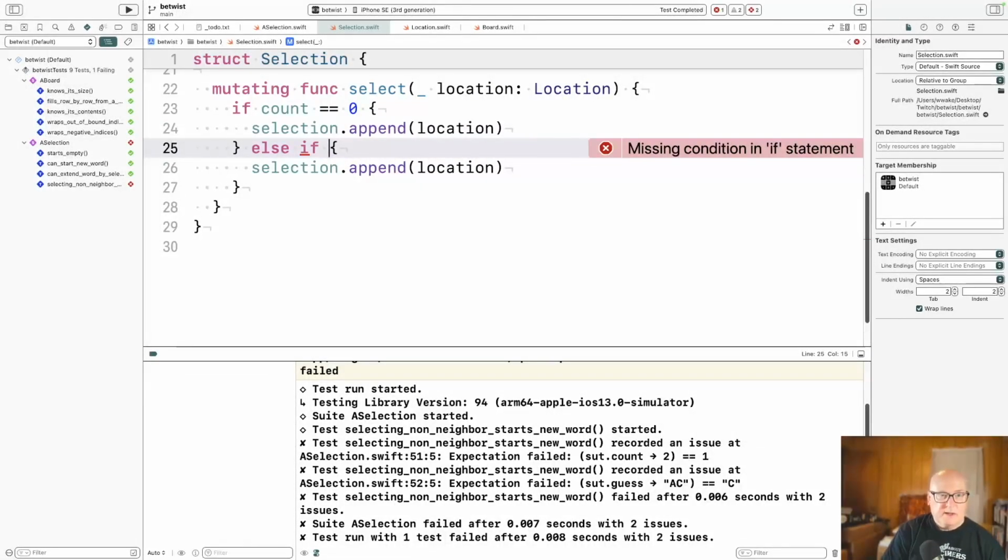Well, let's just make it up. So we're going to get last, which is an optional location. But we know there is one because we know the count's not 0. So if last,